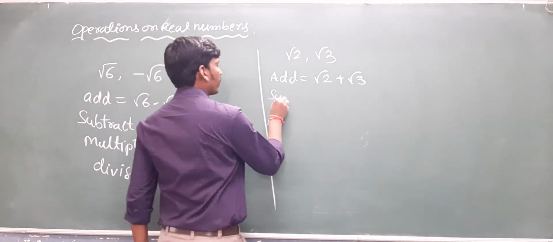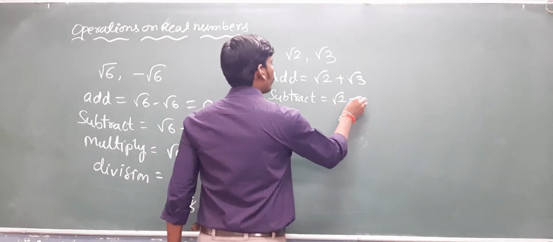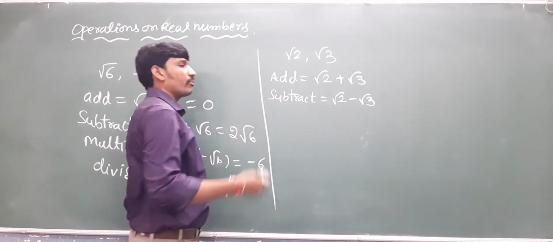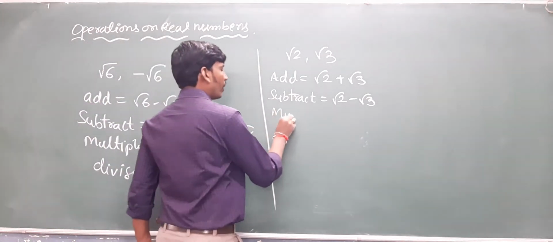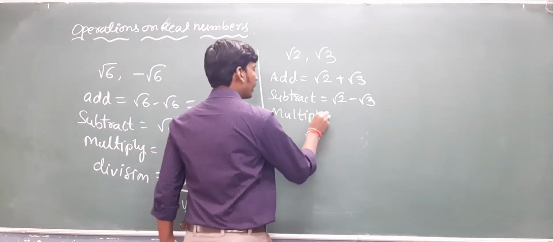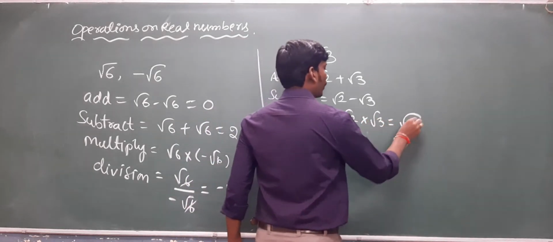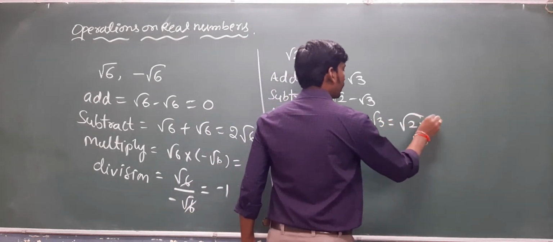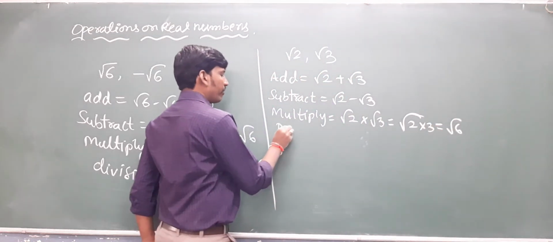When you subtract, what are you going to get here? Root 2 minus root 3. Again it is another irrational number. When we multiply, it will become root 2 into root 3, which is equal to square root of 2 into 3, that is square root of 6. Now division, when we divide these two,